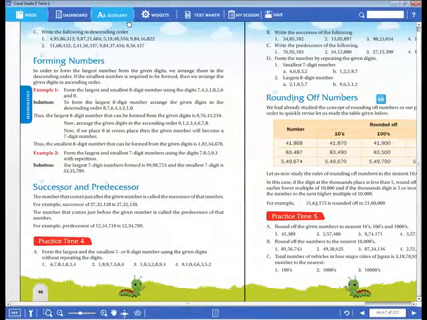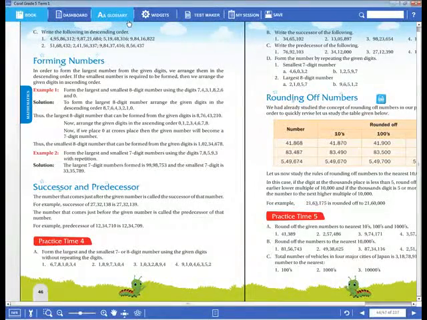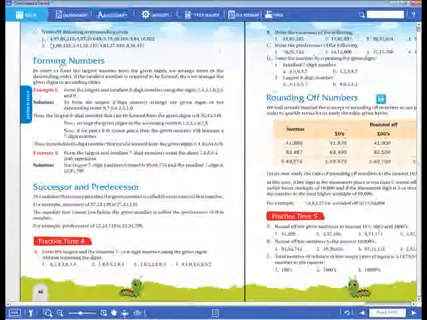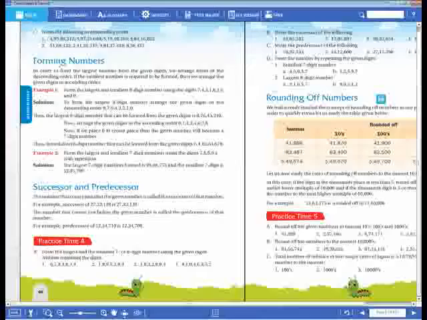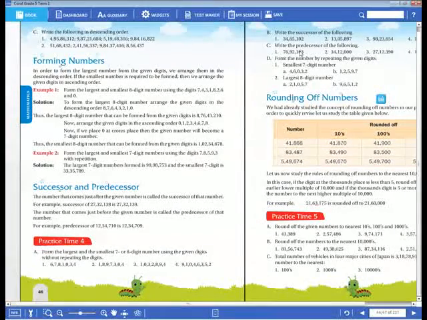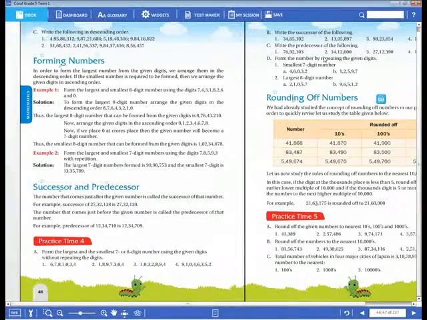Anyhow, tomorrow I will explain to you how to frame the largest number and the smallest number, and the successor and predecessor. I think you already know successor and predecessor. Successor means the number that comes after. Predecessor means the number that comes before. So these 2 problems also I will send to you, dear children. Successor and predecessor and ascending and descending order, these you have to complete as homework.